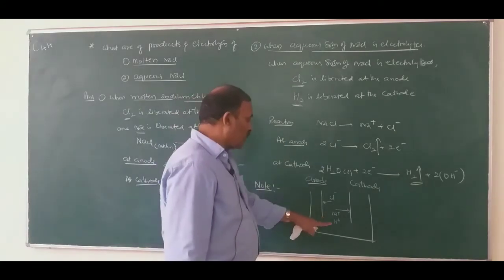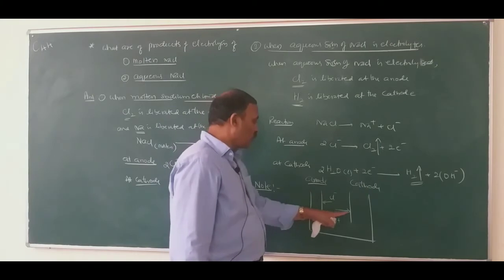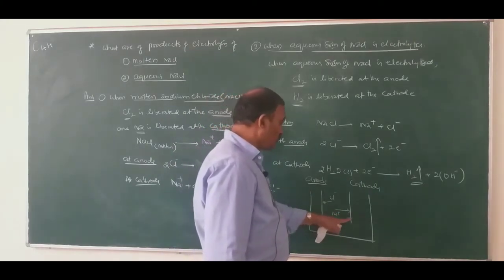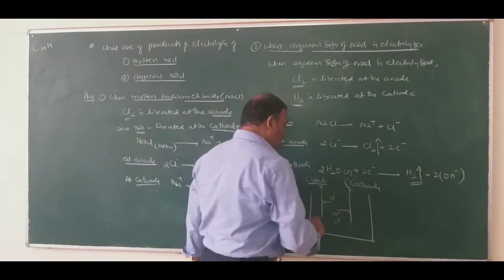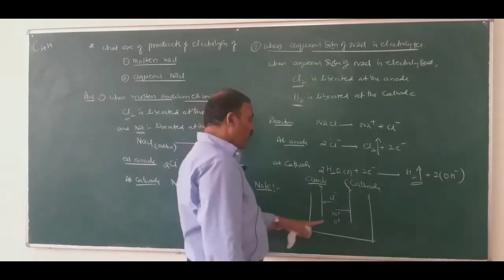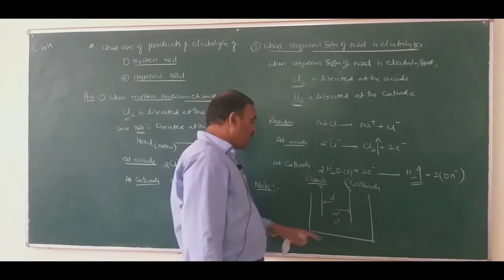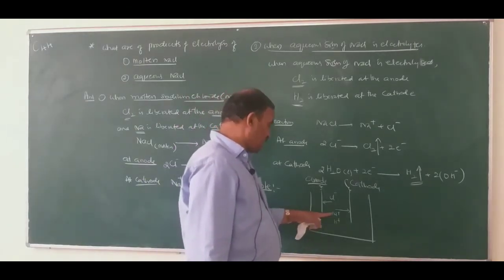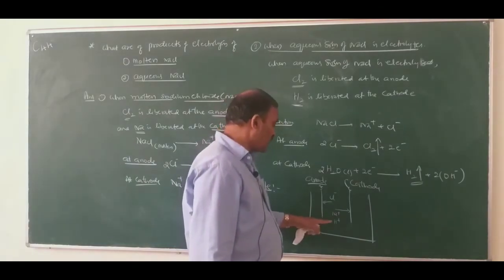So these are competing ions. Sodium ions also move towards the cathode. Hydrogen ions of water will also move towards the cathode. So sodium ions and hydrogen ions are the cations. These are the competing ions. Out of these two competing ions, whose electrode potential is highest? The ions whose standard electrode potential is highest